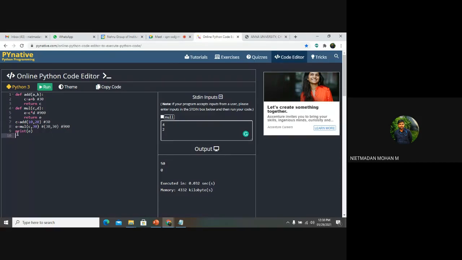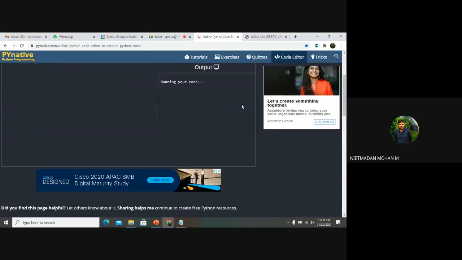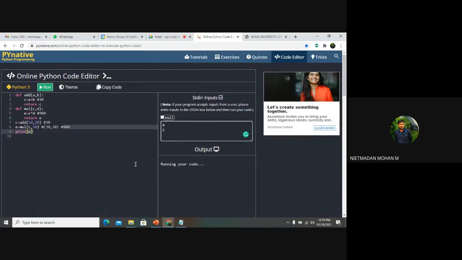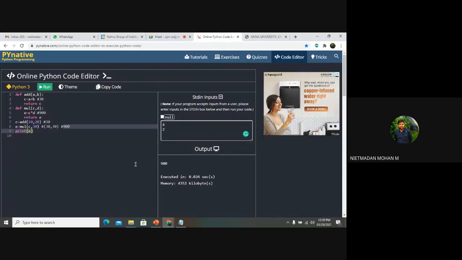So what will the 9th step be? 2 functions have been executed, and the 9th step will be print E. The final E value will be printed over there, right? Clear about this? One function's output is another function's input. So this is the basic concept, function composition. You want to collect one function's output and insert that output into another function's input values. Clear? Any doubts in this?